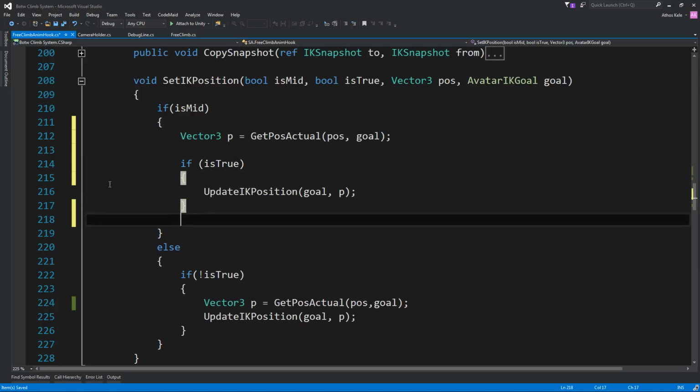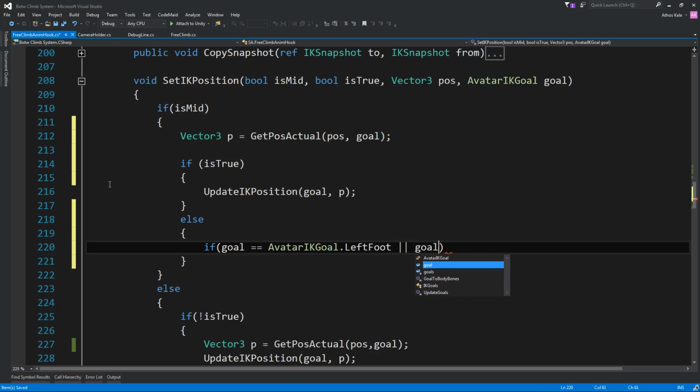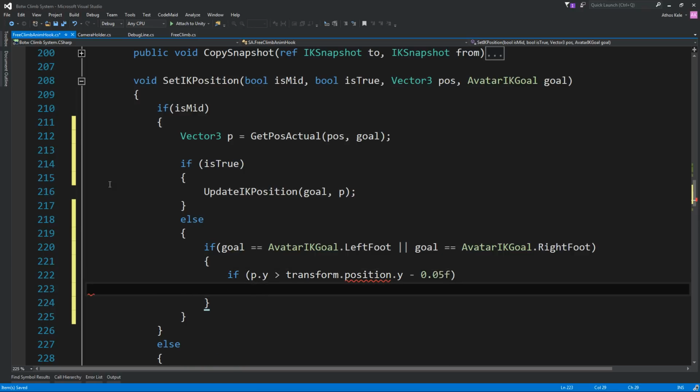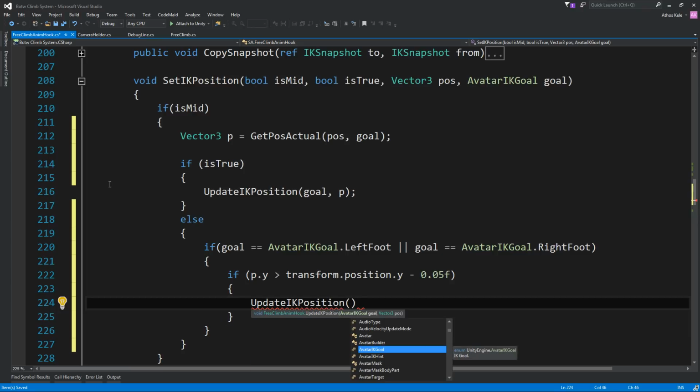Okay, if it's true, do that, else, or better yet, if goal equals avatar goal left foot, or goal equals avatar goal right foot, and check if p.y is higher than transform.position.y minus 0.5, something like that, then update position, goal, and p.